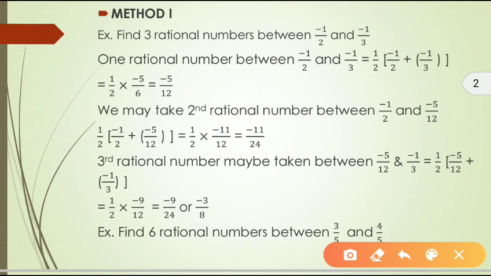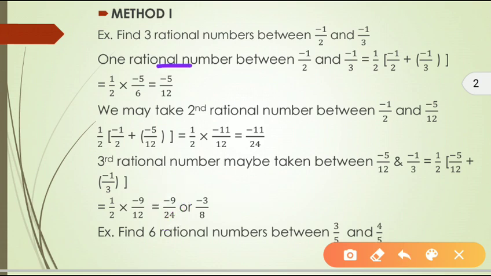So third, I am finding out the third rational number between minus 5 by 12 and minus 1 by 3. Again, put everything in the formula 1 by 2 in bracket a plus b, with this in the place of a and this in the place of b. When you solve the bracket, 1 by 2 will be as it is. This will give you minus 9 by 12. Now multiply the numerator and multiply the denominator, which will give you minus 9 by 24. When you cancel this, you will get minus 3 by 8.